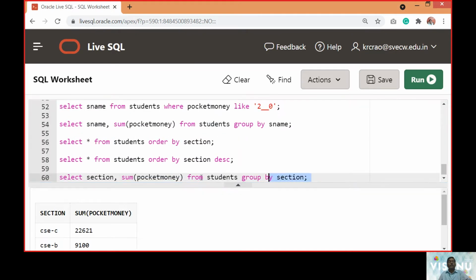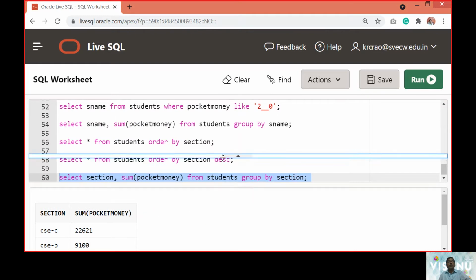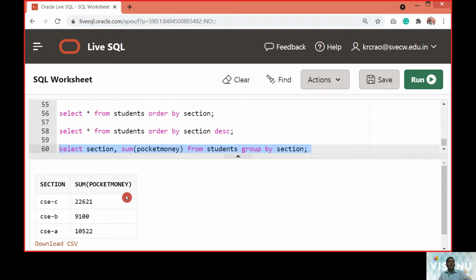We mentioned the query as group by section. So that is the reason why you can see this: it was section C, section B, and section A.